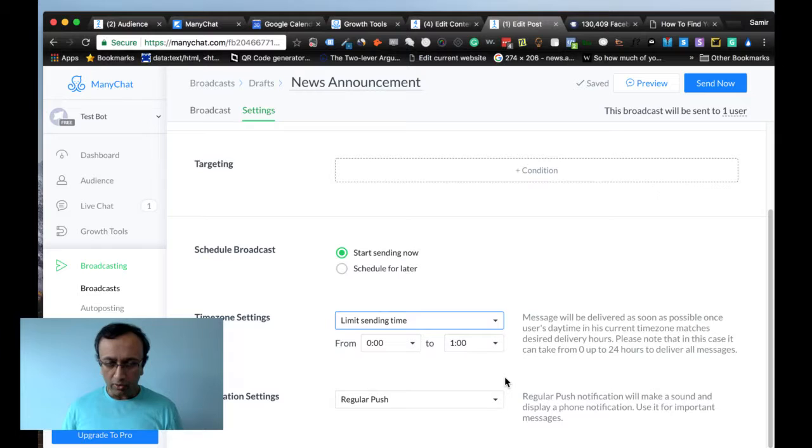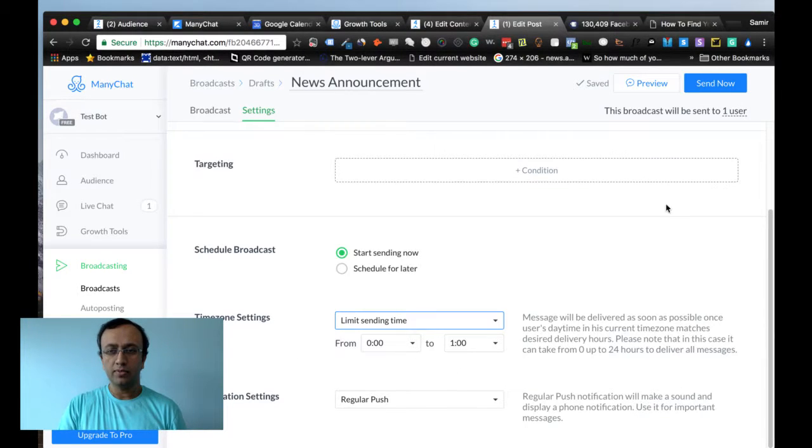Limit sending time from, okay, so you can limit the time window, because here there is a from and to option. You can limit the local time window, you can just send them at a specific local time, or you can have a time window basically. Well, I'm not sure when you'll use this. I've never used it. And maybe in future, if I see a need, then I can talk more about that.